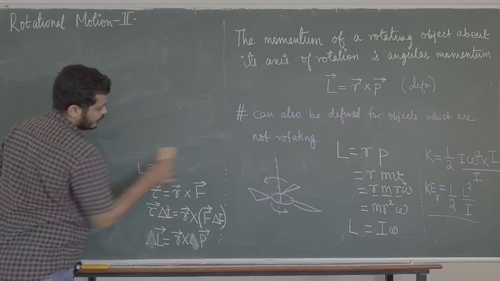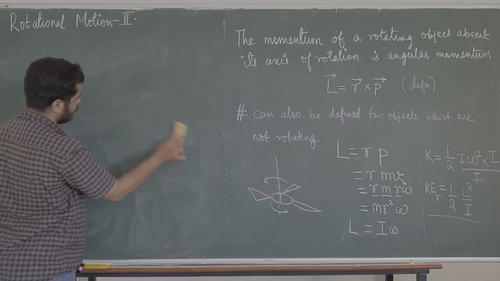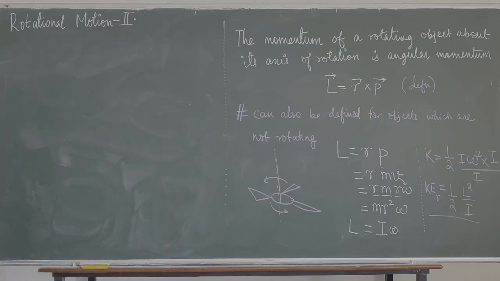Alright, so let's go on, let's start with a few problems. We'll start with basic problems on kinetic energy, that's kind of simple for everyone to understand. So, problems on kinetic energy. Let us say that there is a disk, and let us say the mass of the disk is 2 kgs.